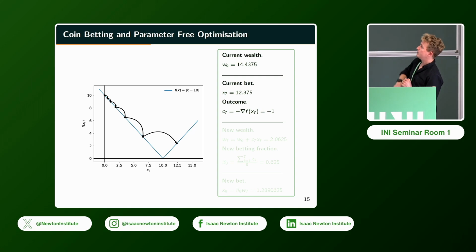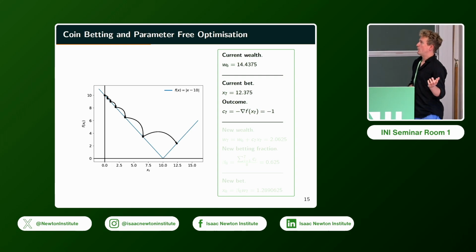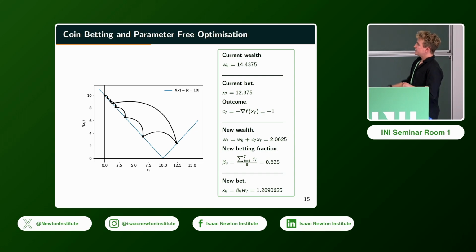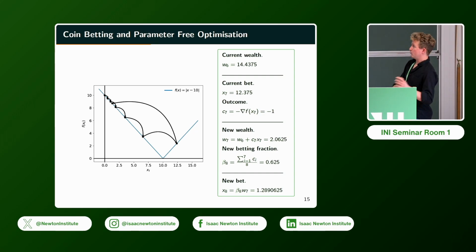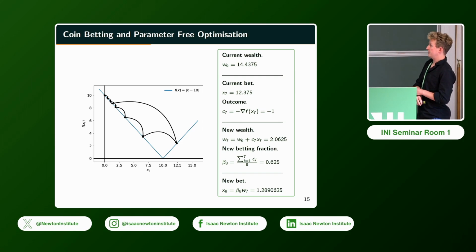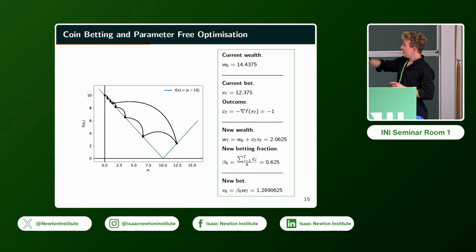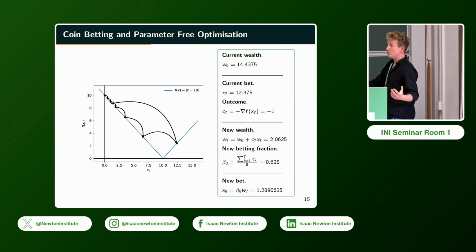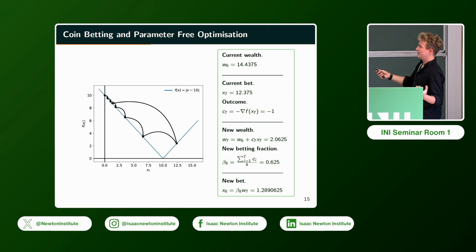And at this point, our outcome is going to be different. So now we observe a -1. And we can calculate each of the quantities of interest here. Our new wealth is going to be this number here. Our betting fraction now goes down from what it was before, because now we've seen something different. And our new bet, in this case, is going to be this number here. So our wealth is massively decreased because we made a very confident bet on the wrong outcome, essentially.